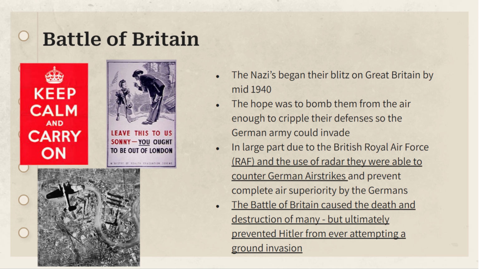Next, we'll dive into some of the more specific battles going on during World War II. One of the biggest ones is going to be the Battle of Britain. So, this is where Hitler launches an aerial attack on Britain in 1940, hoping to bomb them into surrendering. But Britain's Royal Air Force, or the RAF, they have radar, and that helps them figure out when they're coming, get people underground, all of that stuff.